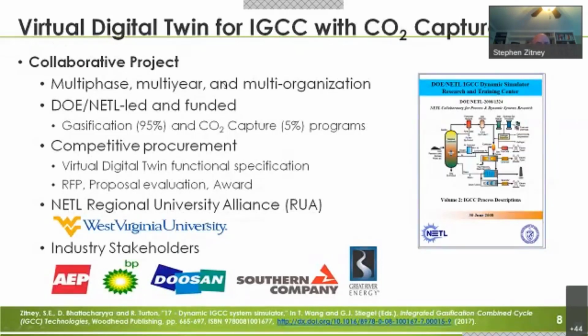Now, while we were starting the Virtual Digital Twin Project, NETL's Regional University Alliance, or RUA, was ongoing. You heard that perhaps mentioned in the video, and West Virginia University was one of our partners. And for about 3 years before this Virtual Digital Twin Project, we had been working with them on IGCC dynamics and control. And so we used a lot of that work to do due diligence on all the modeling that was being done for this project to help add fidelity to the digital twin for the gasification section, CO2 capture,